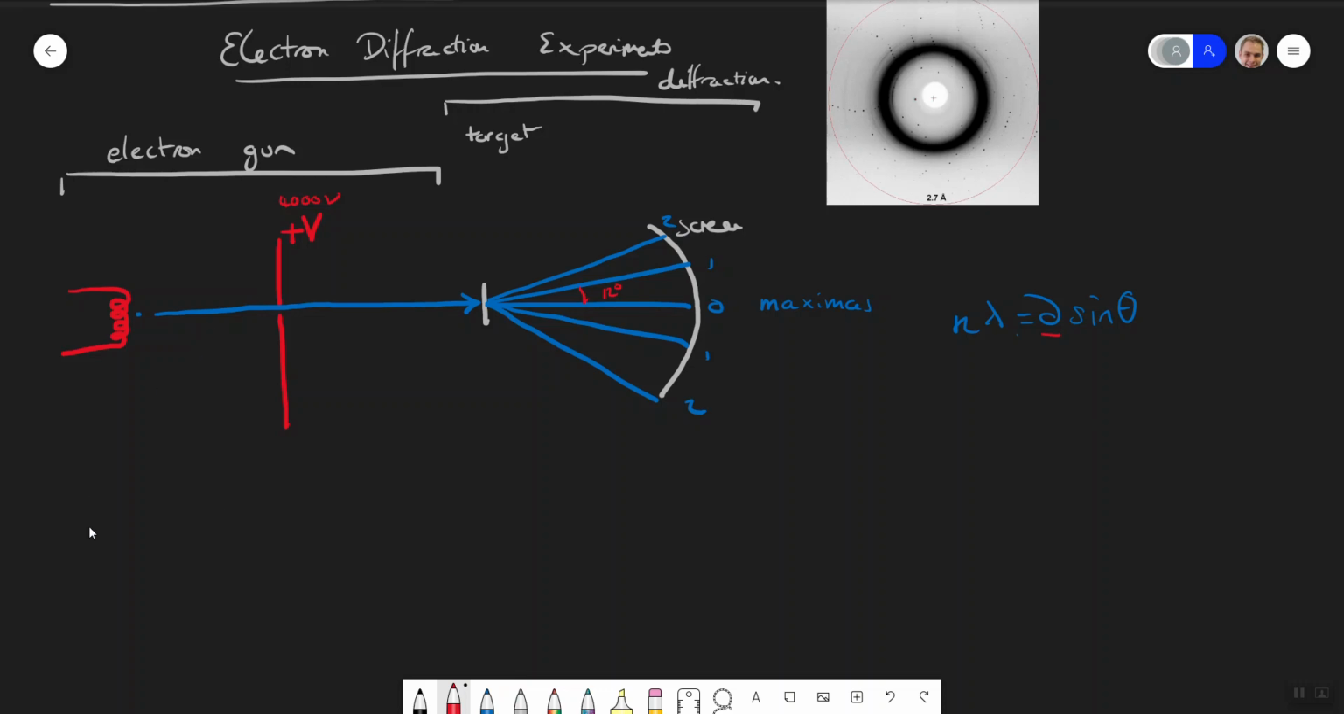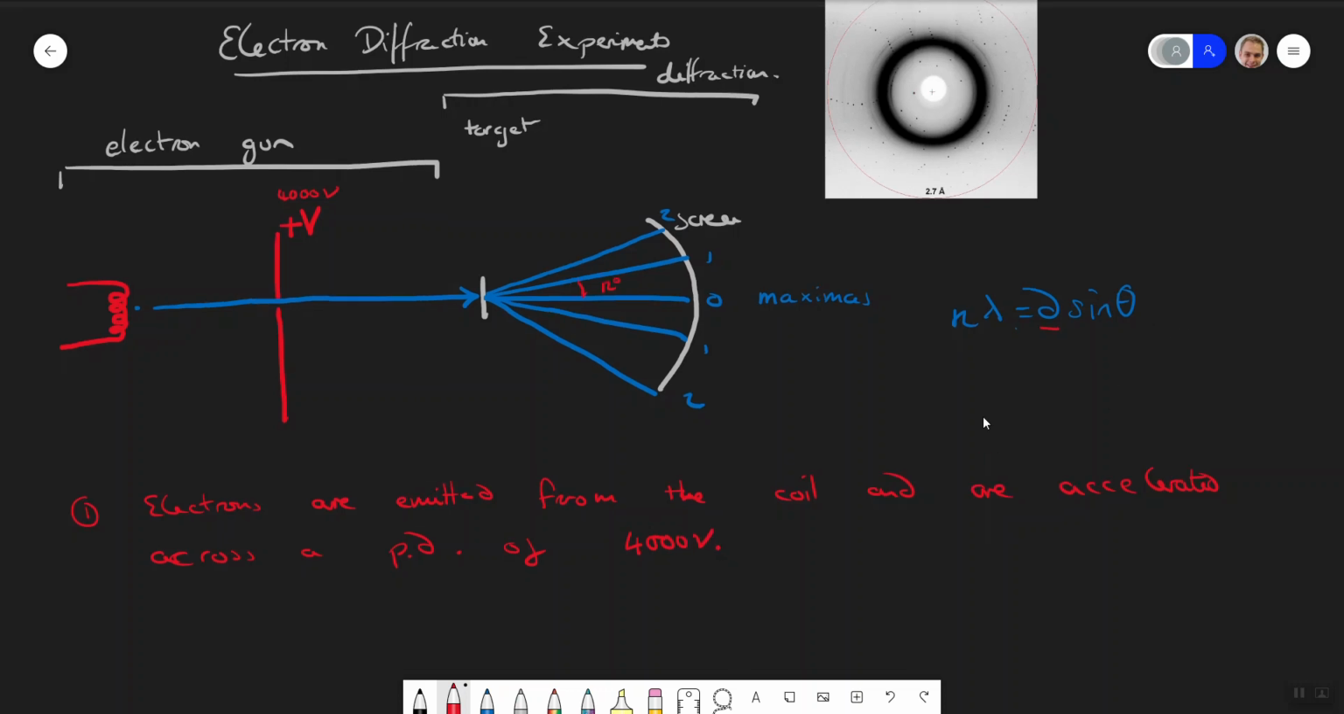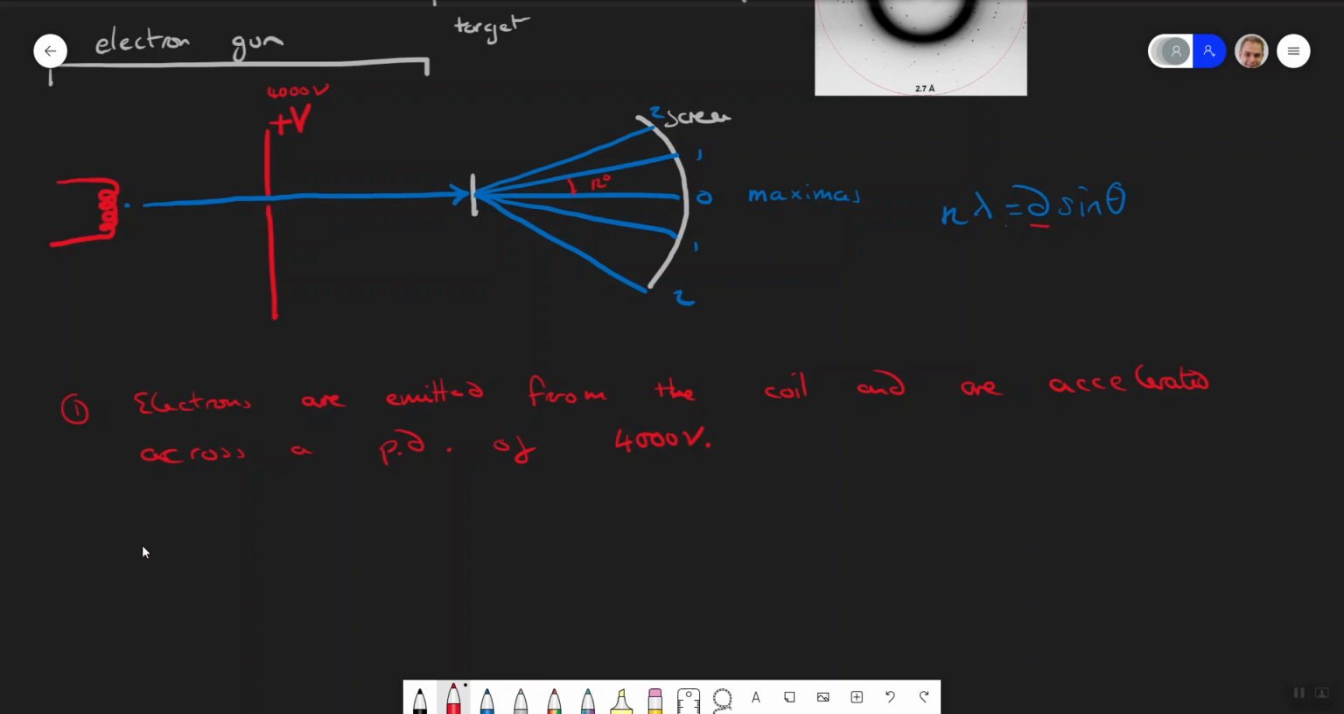Step 1. Electrons are emitted from the coil and are accelerated across a potential difference of 4,000 volts. Now, what does this mean we can then do? Well, we can say they therefore